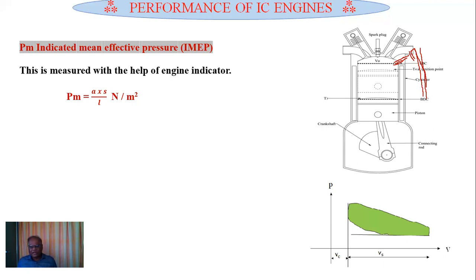A scriber will be provided. In this scriber, a pencil can be inserted on this rotor. A paper can also be rolled. When it is connected to this variation in pressure, automatically a diagram will be traced by this scriber on the paper. That is nothing but the pressure-volume diagram, which we call an indicator diagram. This is the indicator diagram that we obtain out of this indicator.